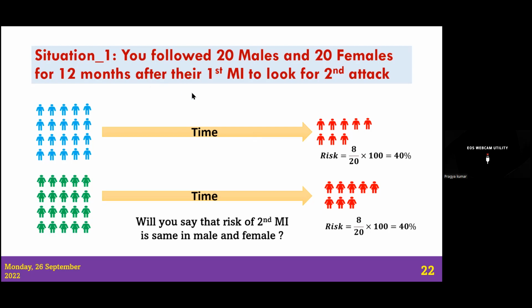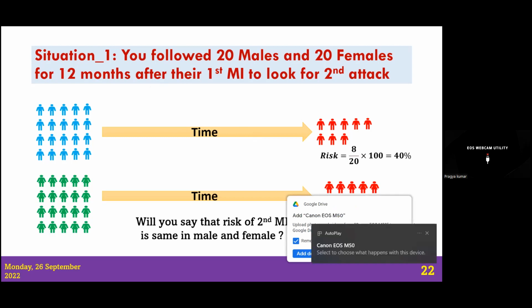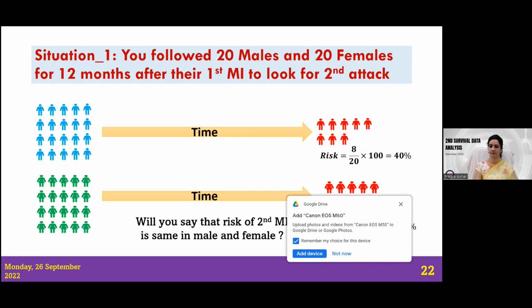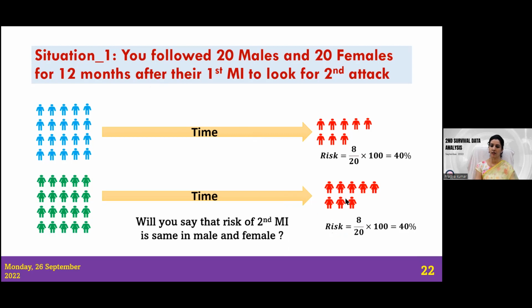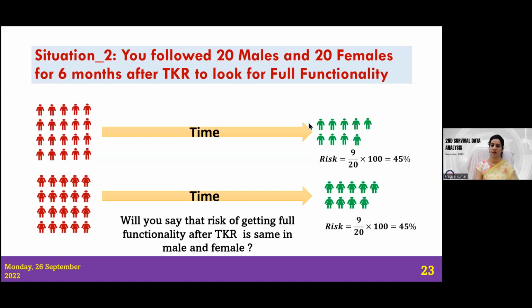So risk is 40% in both the cases. Okay. So can you say that the risk of second myocardial infarction is same in male and female? Okay, done. Now see the same risk in both the group. Okay, done. Good. Now see this, you followed 20 males and 20 females for 6 months after total knee replacement